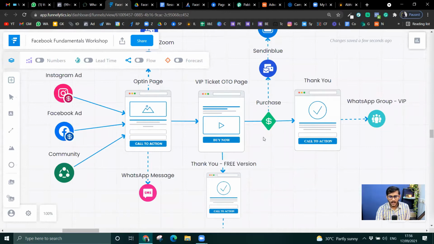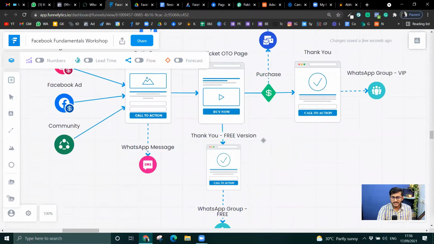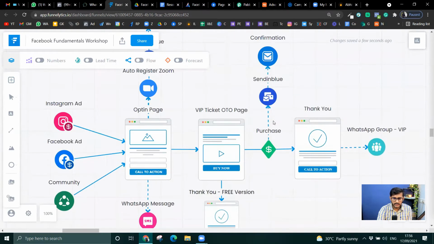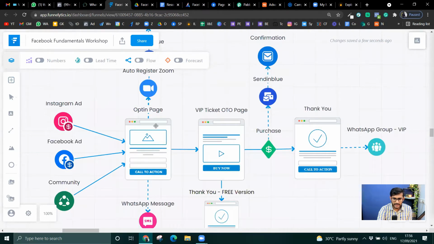Now, for making all these things happen, we need these pages first, right? Because we have to build these pages and then work around the ads, then the automations and everything else from there. Okay, cool. So I have got this entire thing ready. My first would be the opt-in page.